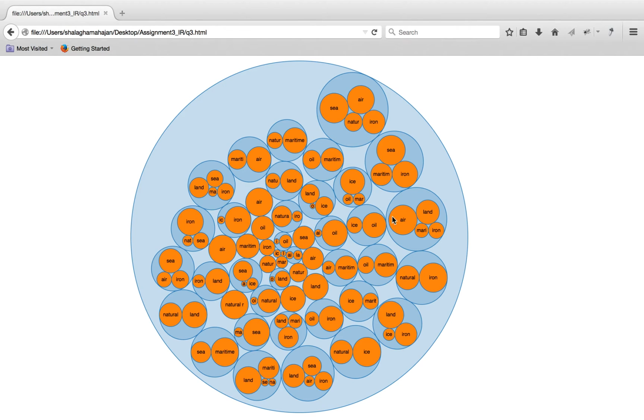Okay, so now the third query required us to predict areas of national security interest. Here we have used the circle packing widget to display all the query results. In this, the smaller blue circles represent regions. These are basically places, you can say. Such a circle with a bigger radius